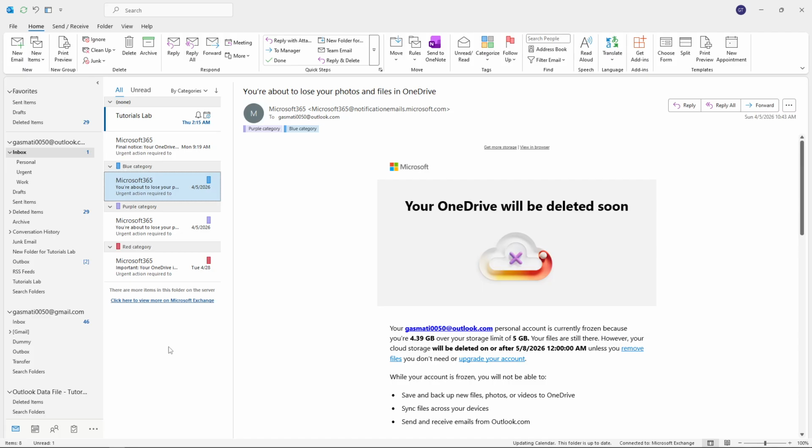This groups all emails with the same category together, making it much easier to focus on specific types of messages without scrolling through your entire inbox. It's a simple but effective way to bring order to a cluttered email list. And that's it. You've now set up and organized your Outlook emails using categories, giving you a cleaner, more